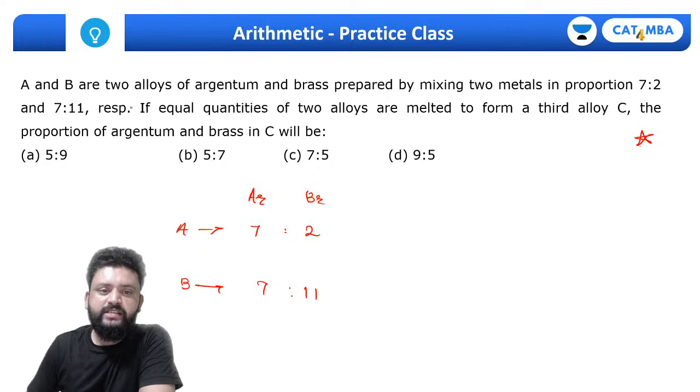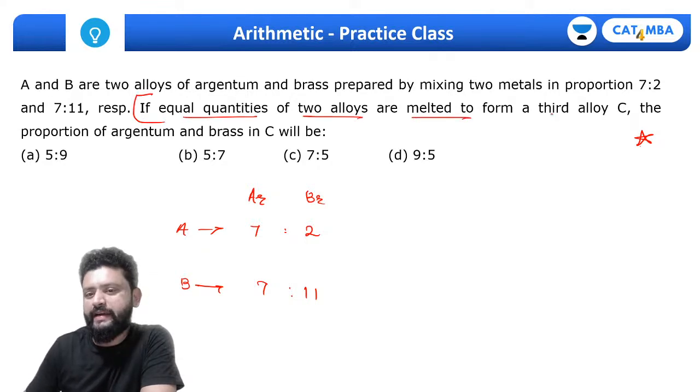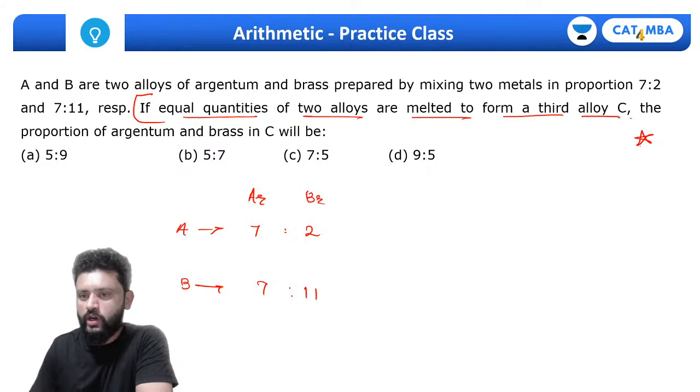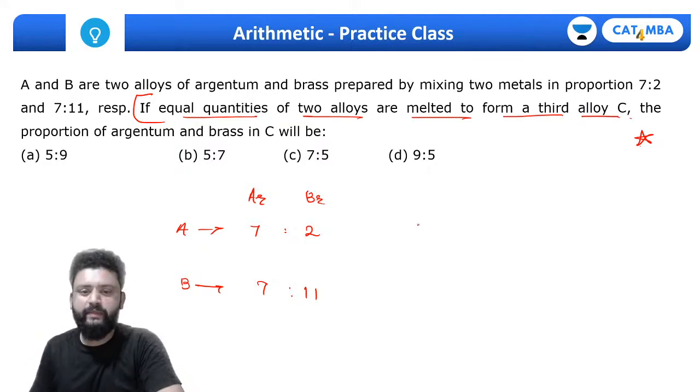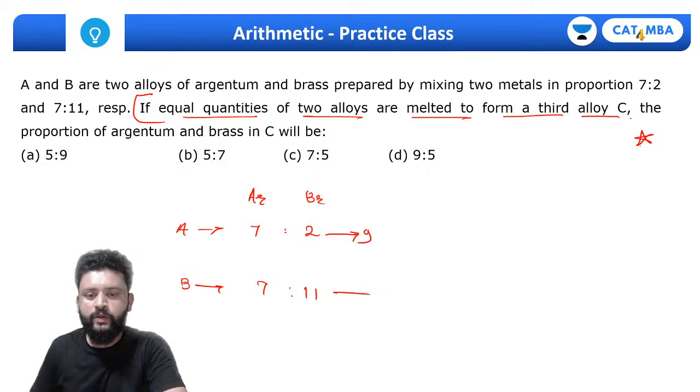Okay, let's understand one thing. If equal quantities of these two alloys are melted, so basically mixtures allegation in the sense, simple, तुम ratio भी use कर लेते तो भी इसका आंसर आ जाता है. ये 18 है. This is really easy question once you know this trick. इसको डबल कर दो सीधा. This has to be 14:4. That's 18.